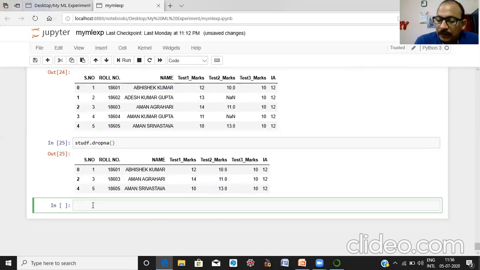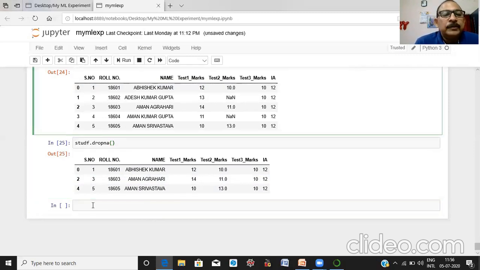now again I am going to import the same data set.